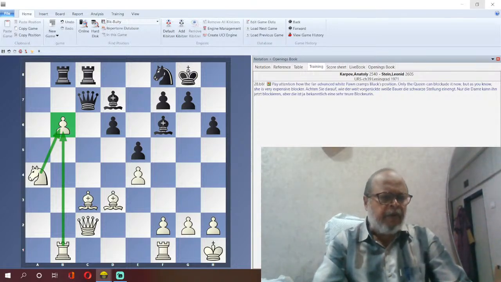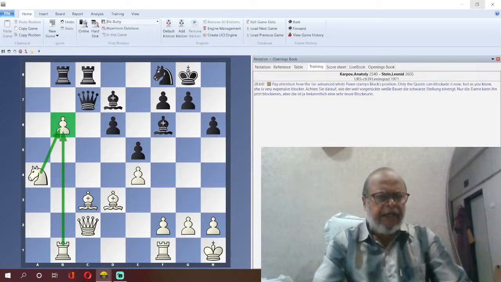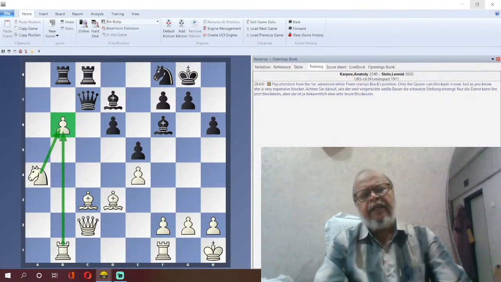Now, bishop into knight does not work. After bishop into a4, he can play pawn into queen. Bishop into a4, b into c7. Then queen into queen is not, bishop into queen, not working. The b8 is under attack. Only